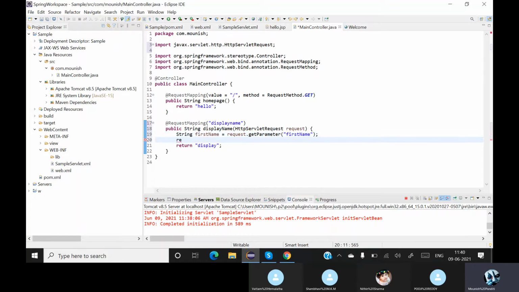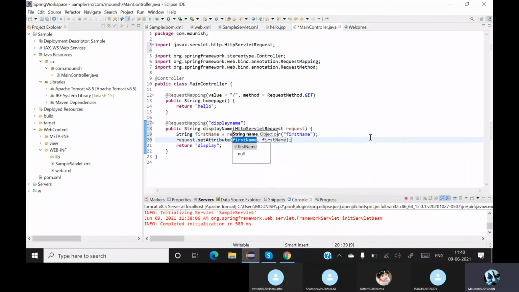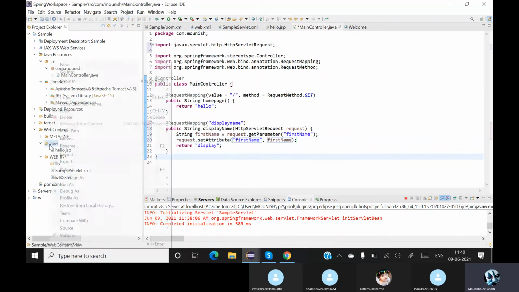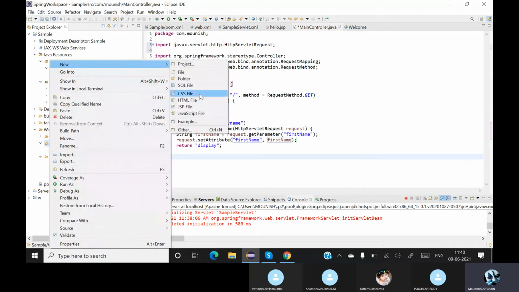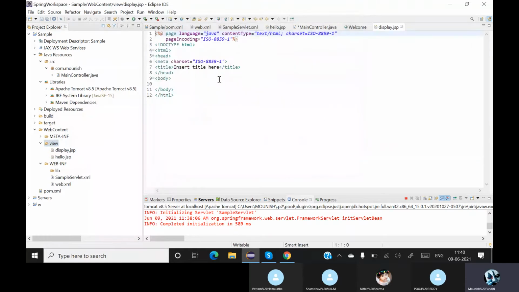Now you need to set the values: setAttribute, it will be firstName, and inside it the object. After setting up the object, you are going to display, so I need to create a display.jsp file. Since that does not exist, let me go to JSP and create a display.jsp file.